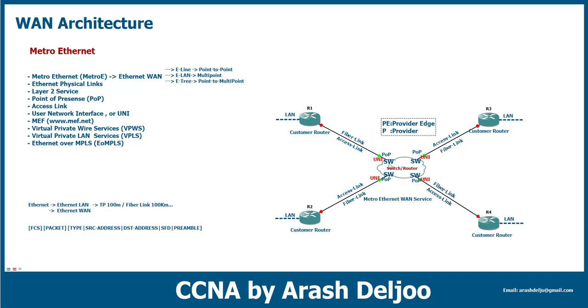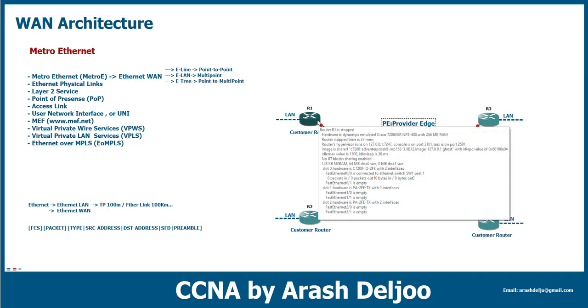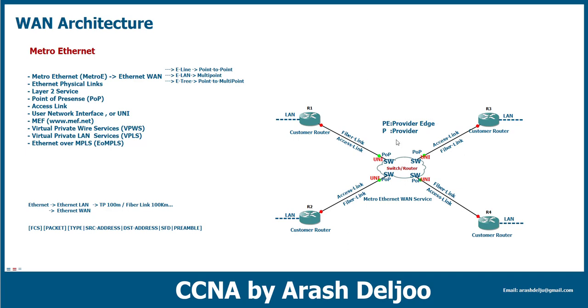But the interface of the PE, or provider edge device, that connects to the customer routers or customer switch is called the UNI, or user network interface, the interface connected to the user. You know that about the users, here we also have the router. In most cases we are using a router, but if you want you can use a router and a switch. Why? Because